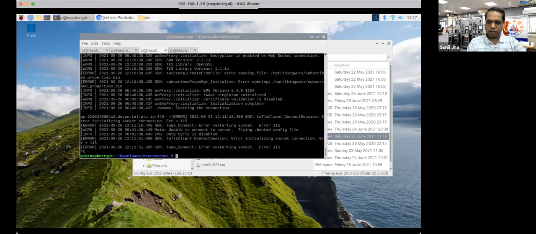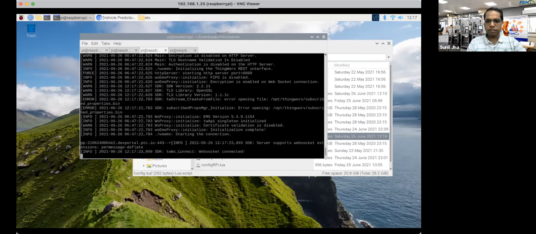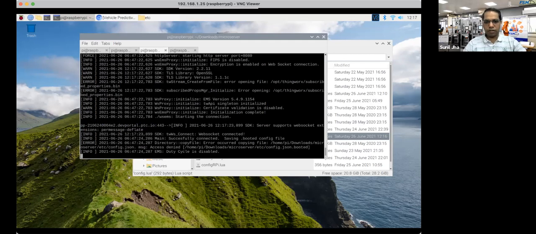Yeah, so for the micro edge server, if I just give a command again. Yeah, now if you can see here, it is showing WebSocket connected actually. It means that now this is being connected. There is a directory copy file message, but it is connected actually. That is what I can see here. And the error might be coming because of that.